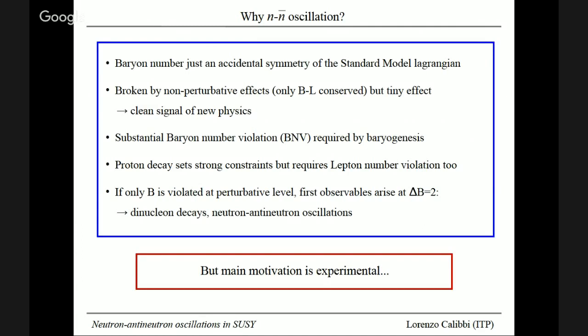Furthermore, we know that baryon number violation is one of the requirements for having a successful baryogenesis, so to produce the baryon asymmetry in the early universe that then we observe today. So we expect that